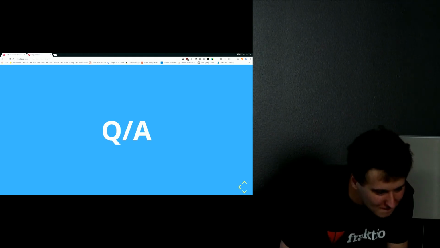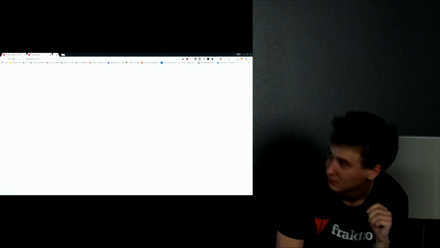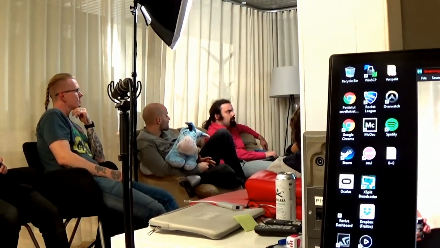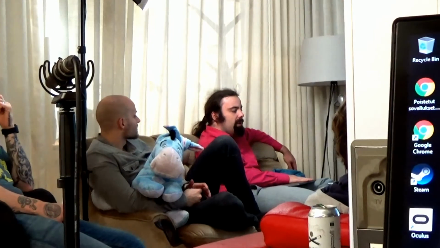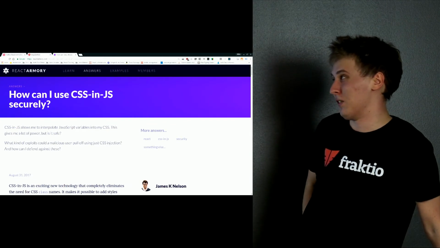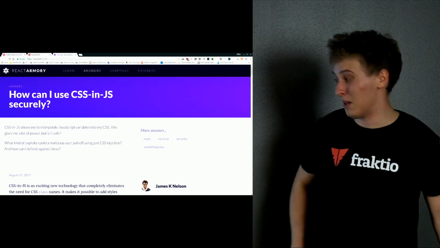I think it's really funny that I also read about CSS injection today or a couple of days ago. Now we are at a point in history where CSS injection is possible. I wouldn't have believed that 10 years ago. But basically, it's possible because of the combination of JavaScript and CSS. That's the main concern that came out of it. I like styled components, but I never actually heard of CSS injection in JavaScript either. But apparently that's a thing.